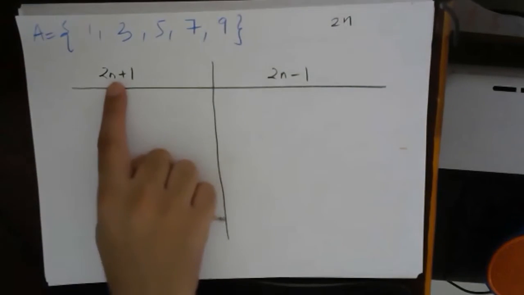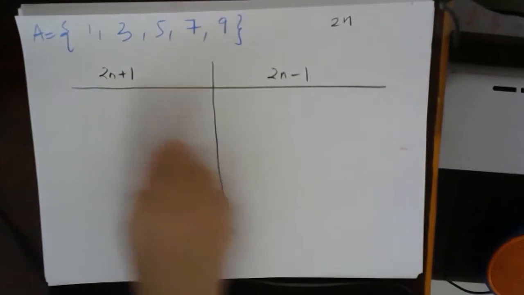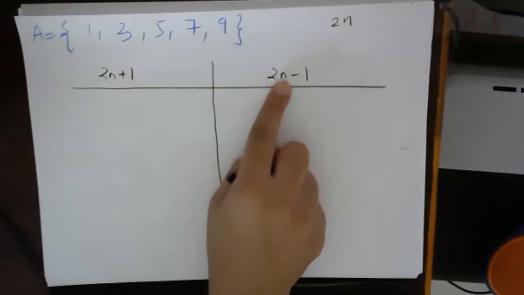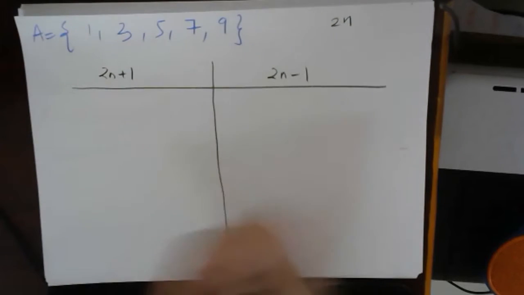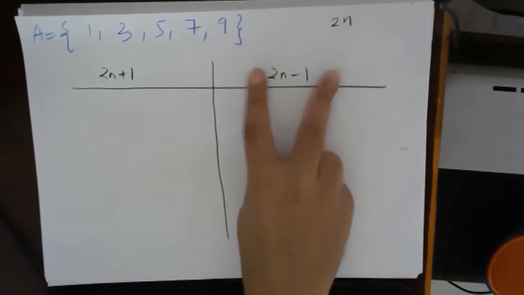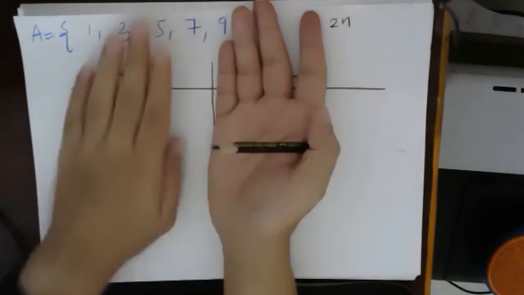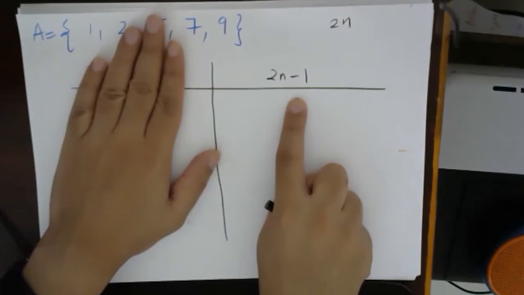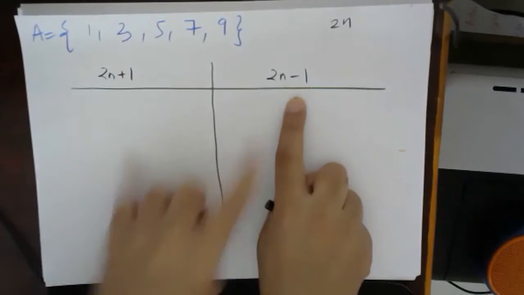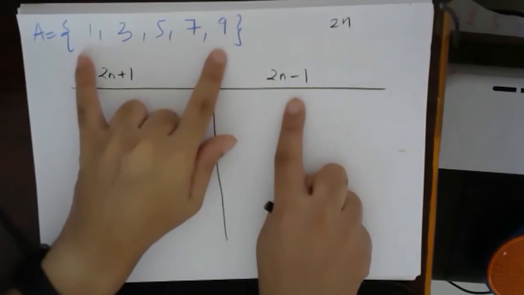Understood? So this is also an odd number, this is also an odd number. No matter what you substitute as n, obviously n should be an integer, this whole thing will be odd. Now see, some of you have done using 2n plus 1 and some using 2n minus 1. Both will give you somewhat the same answer. That means you should get these elements only.